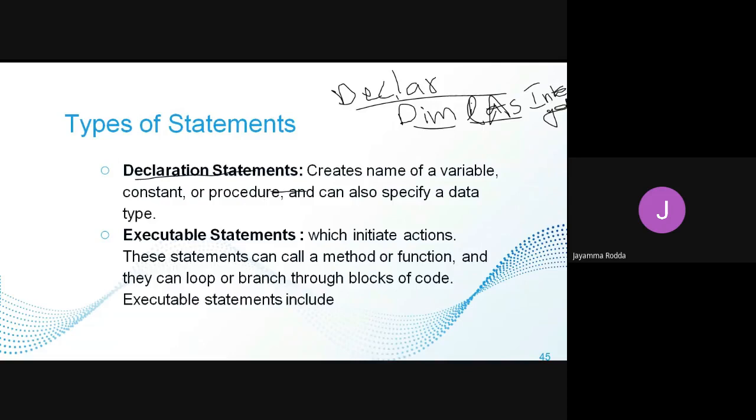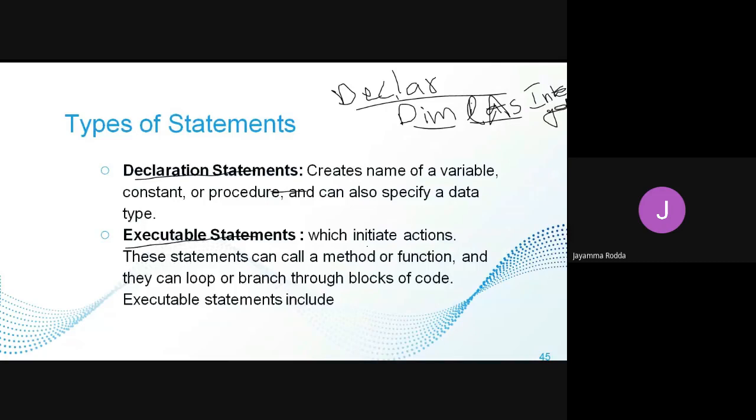What is the second variety of statements? Executable statements, which means they will start or execute a particular action. The action that has to be done through our program or application will be specified with the executable statements. I hope you are following.